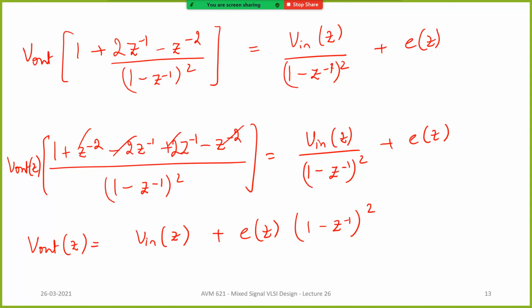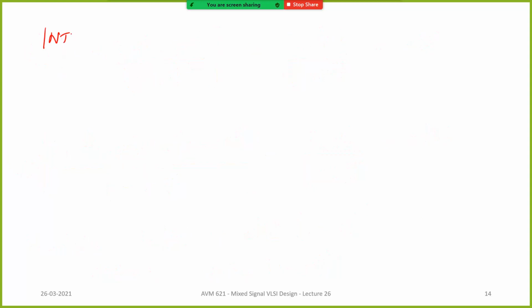Okay, now what is the STF? Signal transfer function is 1. And what is the noise transfer function, NTF? It is 1 minus Z inverse the whole square. So what is the difference between this noise transfer function and the first order noise transfer function? Now it is the whole squared, right? So if you follow the same argument and find the modulus of NTF, you will see that it will be omega squared.